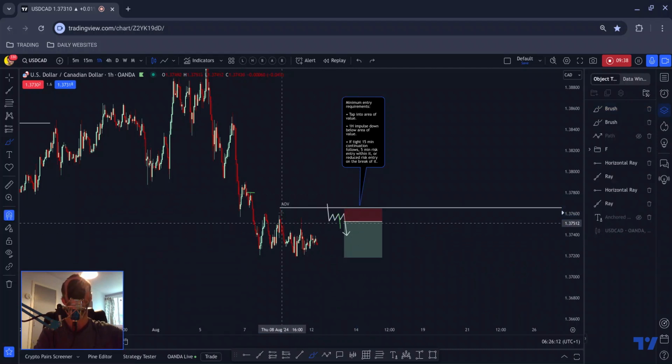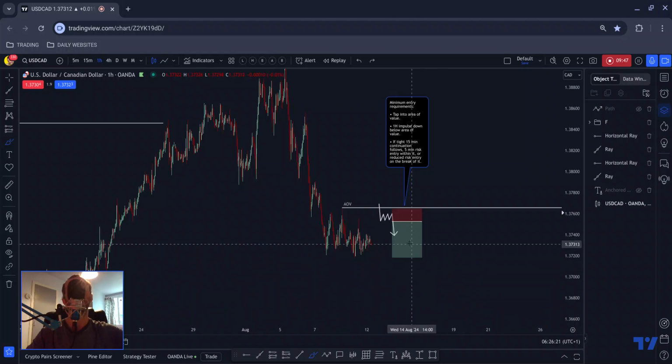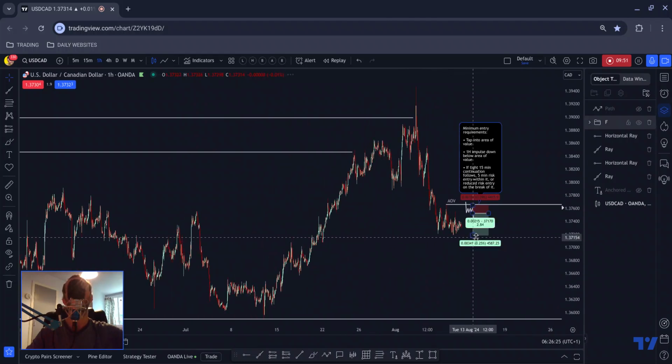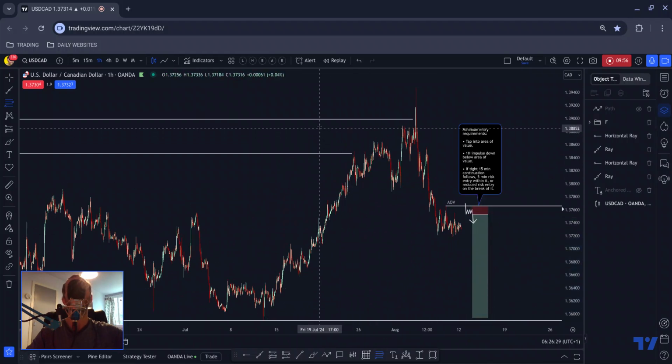So by waiting for a tap into this area of value, which this high near missed, I'm just waiting for slightly more deliberacy. And then if we got that, I'll be able to manage it down to this low for something in the region of 2.8. And then once again, my target would be all the way down there. And once again, I would measure